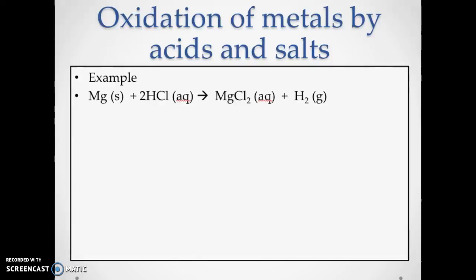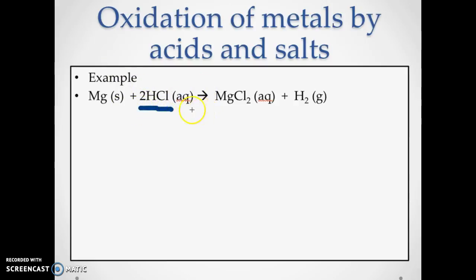Okay, this is the second podcast on redox reactions, and what we're gonna do now is apply what we learned from the first podcast onto the second one by reviewing a little bit about net ionic equations and a little bit more about solutions. So if I ever give you a reaction like this and I ask you what is being oxidized, what's being reduced, you have to also consider that this is a solution, and we know it's a solution because